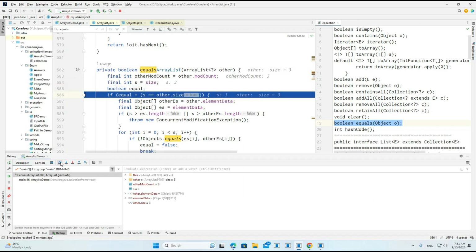Now, this is important. This particular condition is very important. Basically, it should match the size of both objects. Here you can see other dot size we are having 3. Other dot size means the parameter, whatever the equals parameter we are passing, the particular array list object size we are having 3, and the current object, size here. Other dot size is different, size is different, so we are checking these two. So it is satisfying. Now whenever this particular size satisfies the equals,